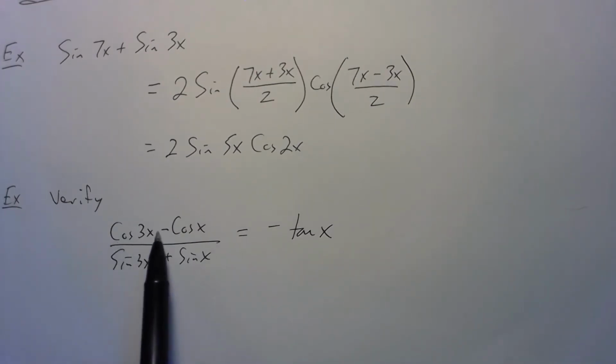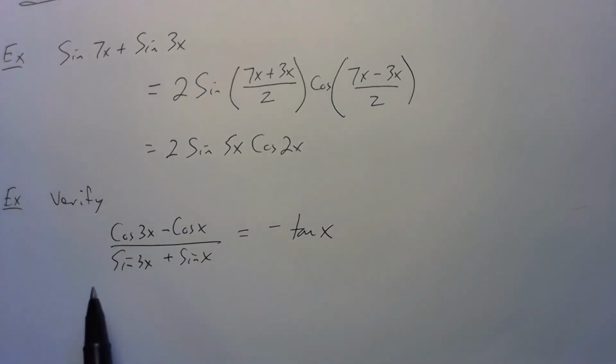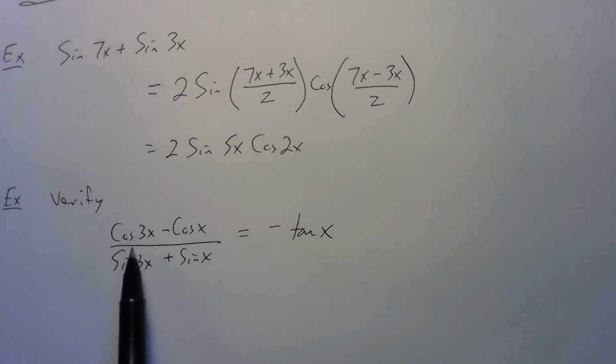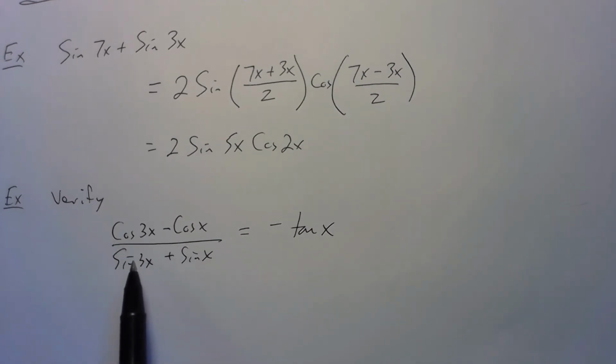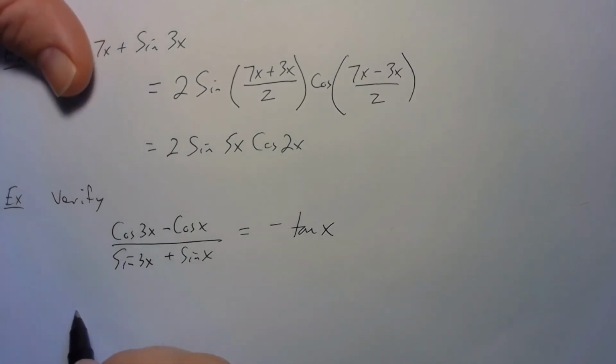But for me to get rid of the 3x on top, I might have to do some real finagling in terms of the sum and difference. I'm going to avoid that. I'm just going to go straight for the sum to product identity. In this case, the sum to product identity for the top piece, again, just the top piece, is going to be a negative 2